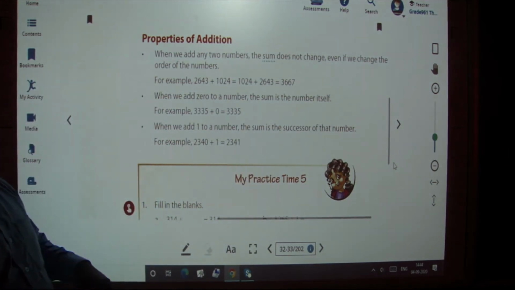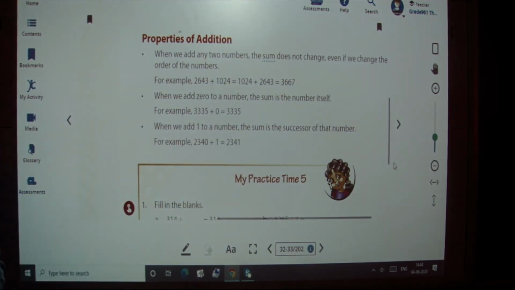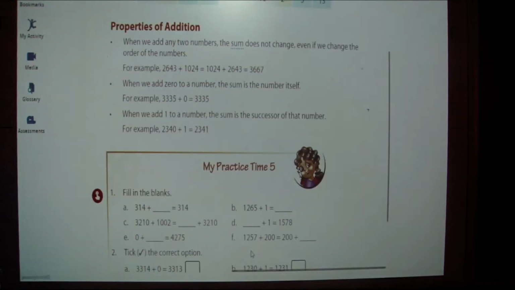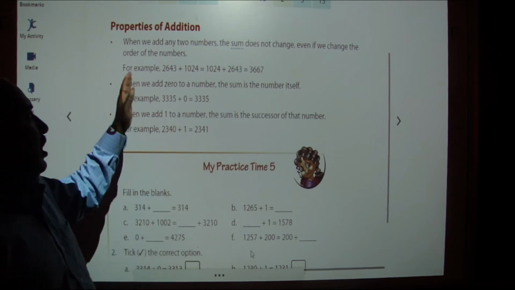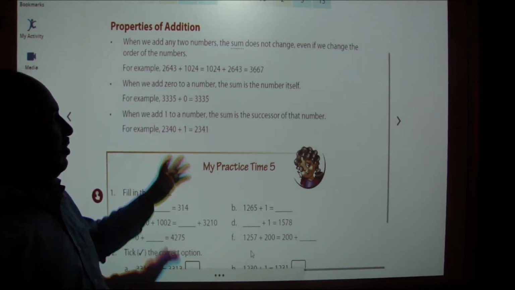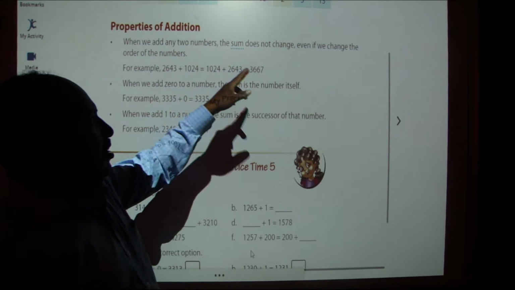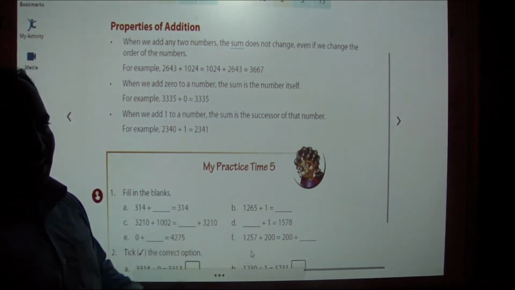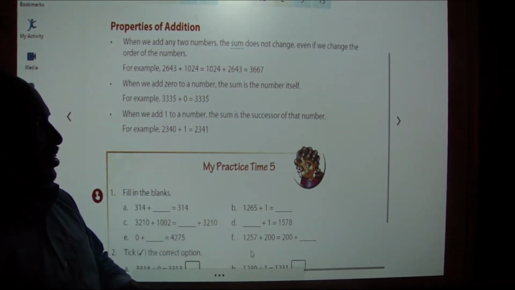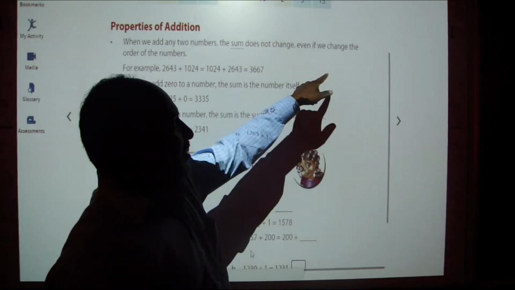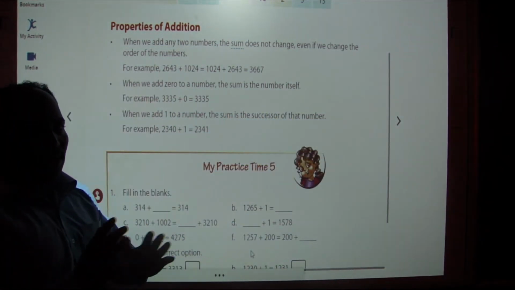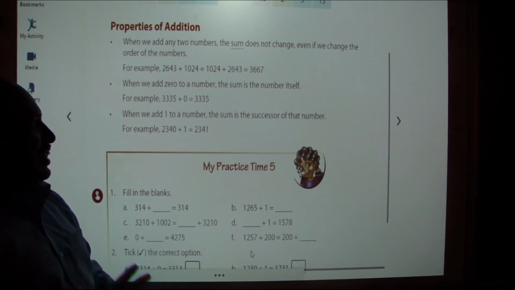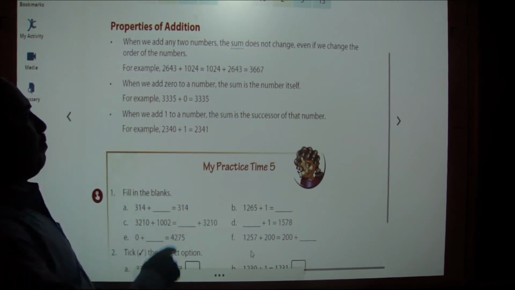So the first one, order of numbers. What is the order of numbers? When we add any two numbers, the sum does not change, even if we change the order only. For example,